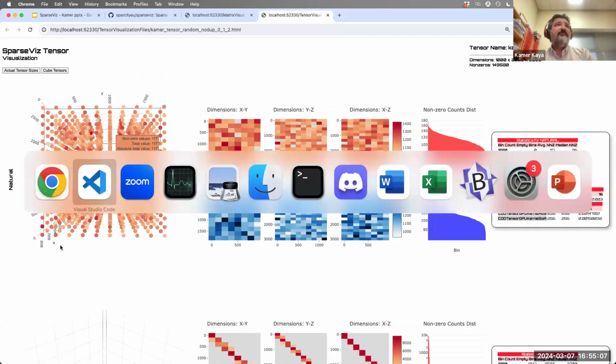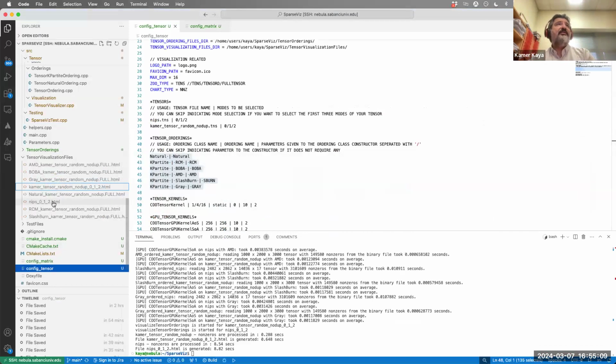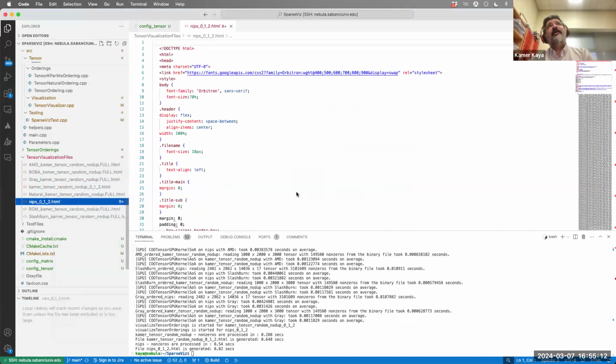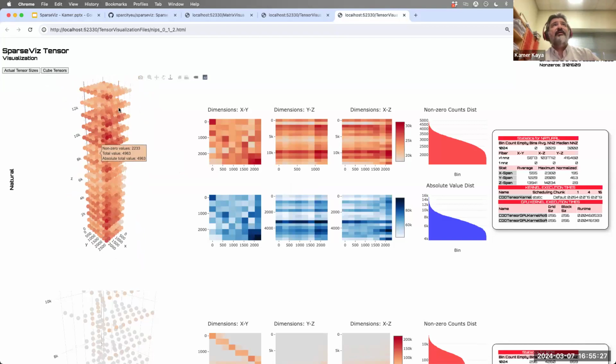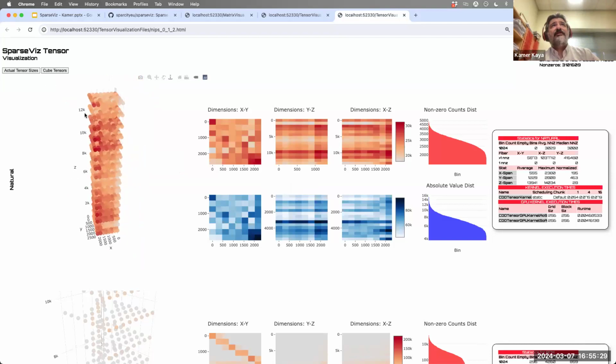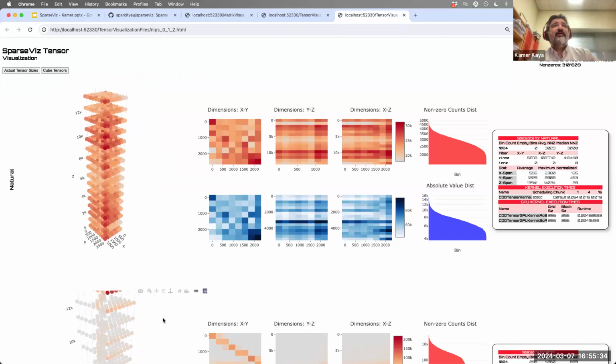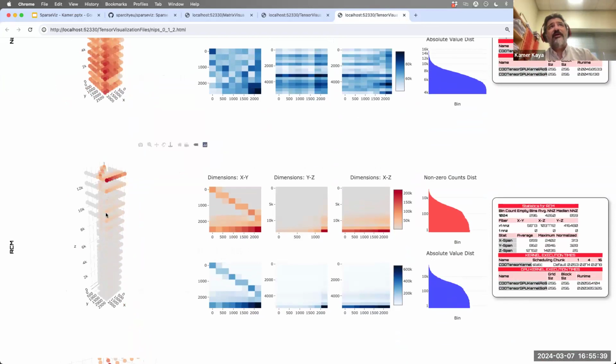This is a synthetic tensor, and this one here is the NIPS tensor. This is a real-life tensor, related to the publication pattern of the authors on NIPS. Some dimension is years, and these are dimensions 0, 1, 2, if I'm not mistaken. This is the original tensor, so it is not synthetic and not randomly permuted. But when you order it, most of the non-zeros go to here, and there are many empty bins